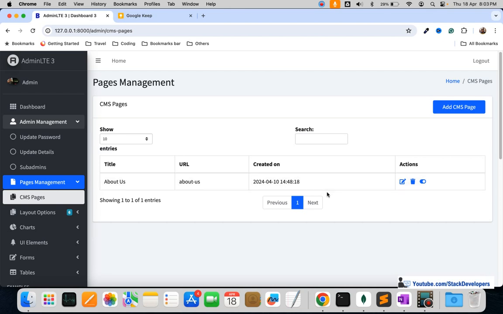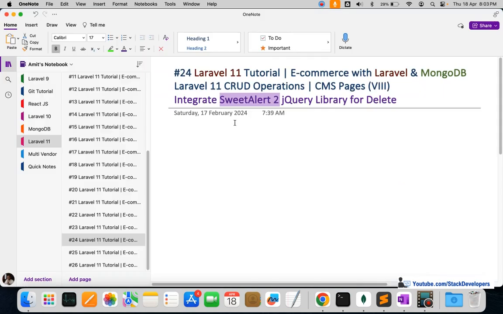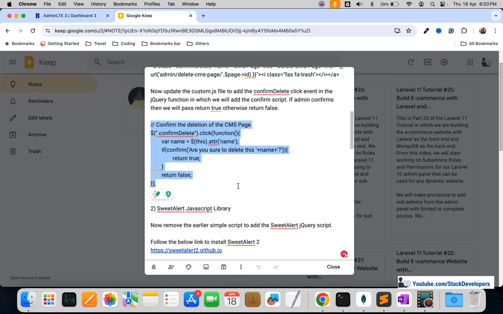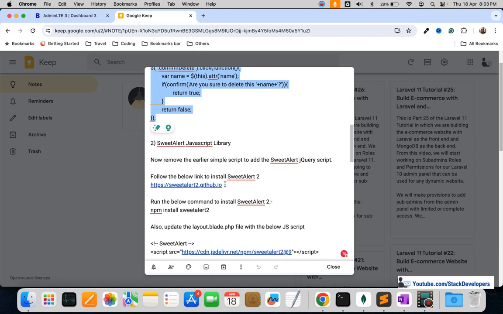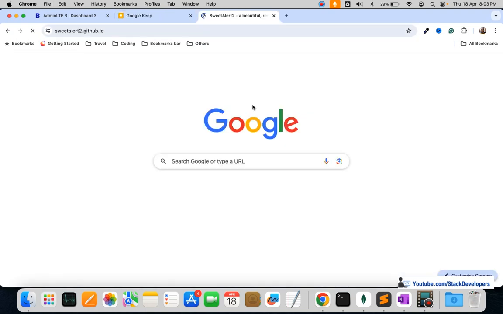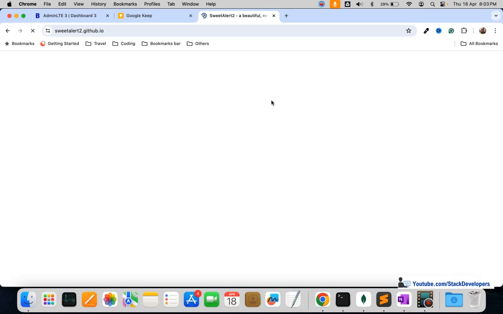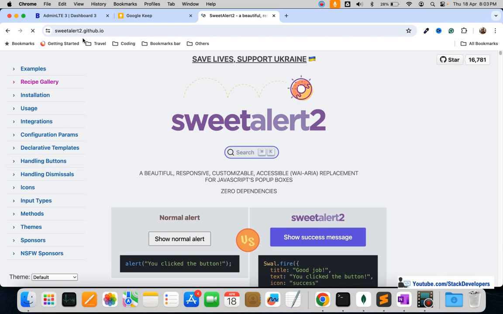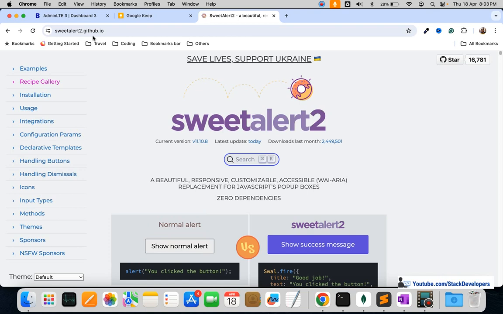So now we are going to do it in a better way, and that is this SweetAlert 2, the SweetAlert 2 jQuery library. We are going to integrate this library now. So this is the website of SweetAlert 2. That is available on GitHub as well. You can search for SweetAlert in Google as well, and you can see there are many websites available for this particular thing. So we will simply open this one,